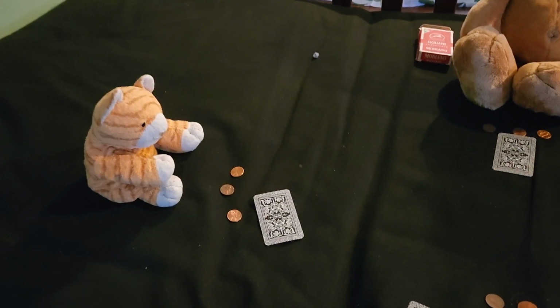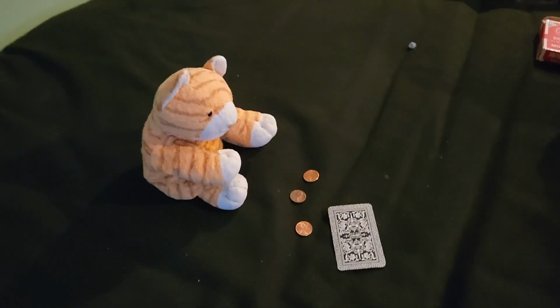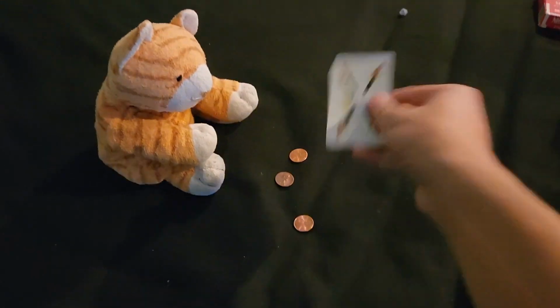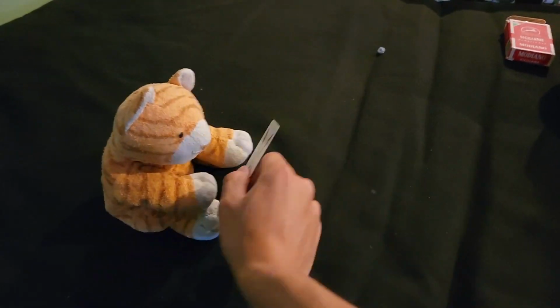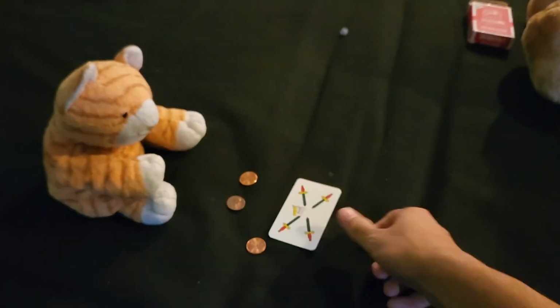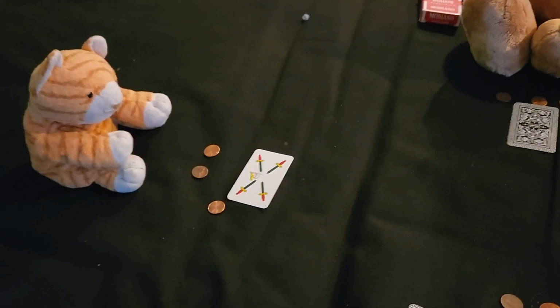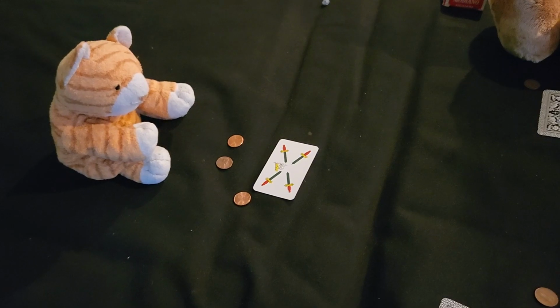So then, if we're going clockwise, then Tabby would go first. So what he would do is he would look at his card. Not show it to anyone else. He would just look at it. I'm just showing for the sake of the camera. So he would look at his card. And he has two options. He can either keep his card